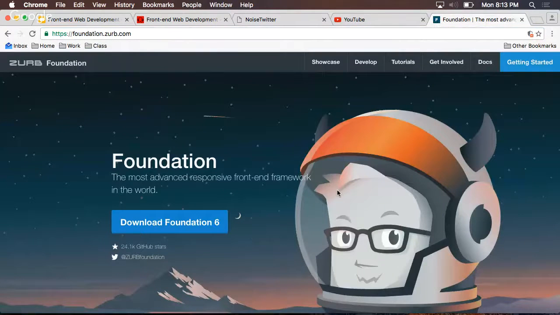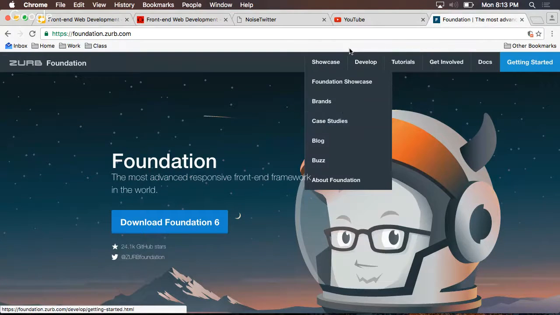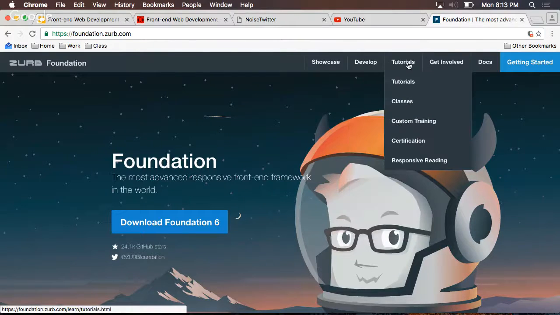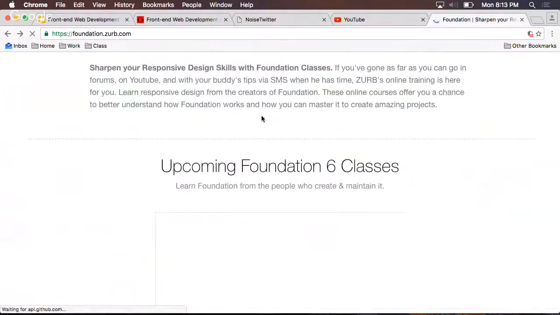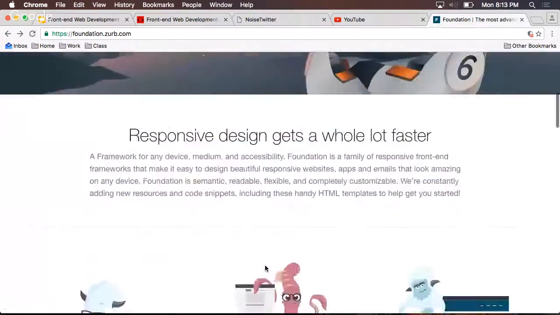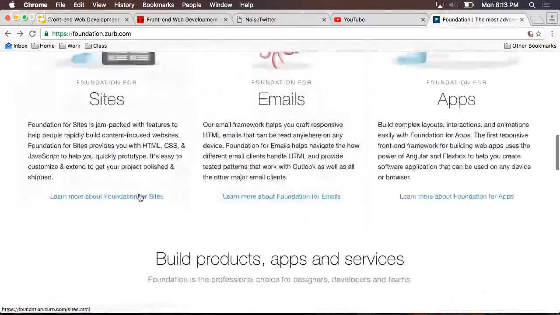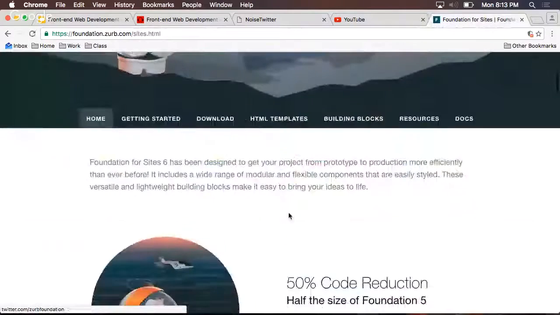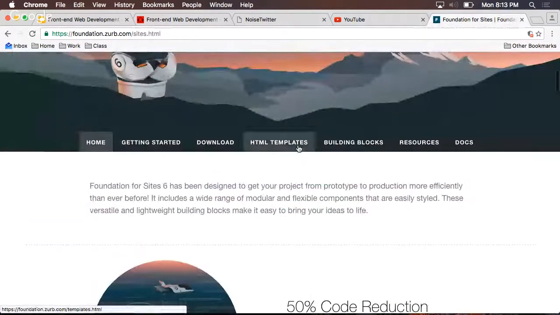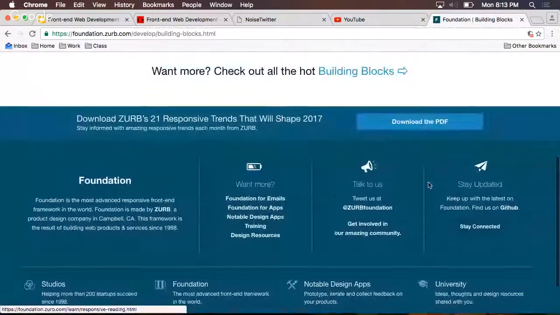Foundation.zurb.com. Foundation is another responsive front-end framework. It has Foundation for sites, tutorials, classes, custom training. This is actual classes. We don't want that. Foundation for sites. Let's learn around Foundation for sites. What can it do? Getting started, building blocks. It's got things like,